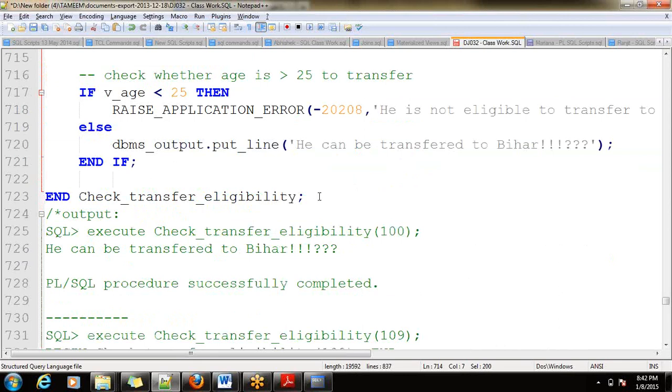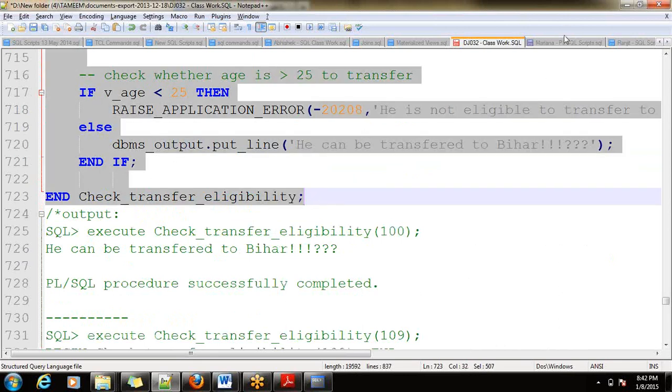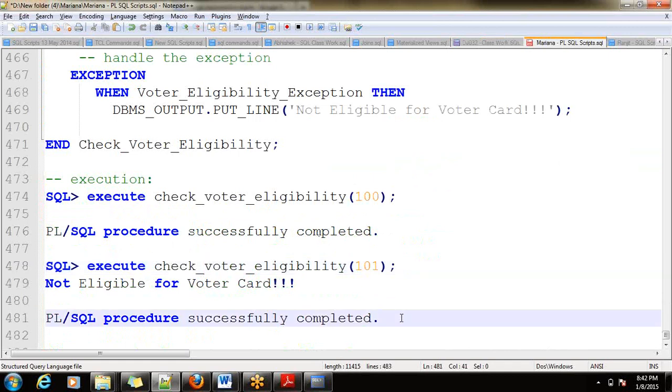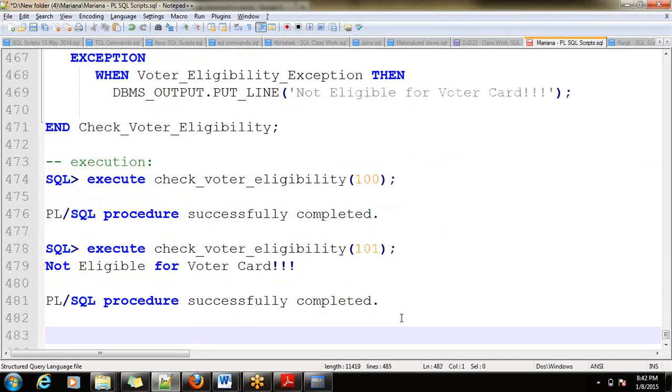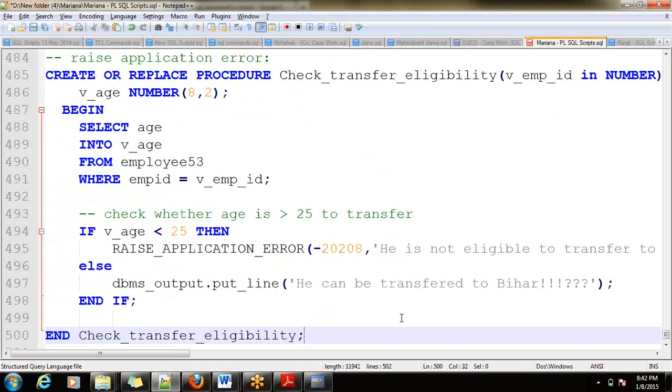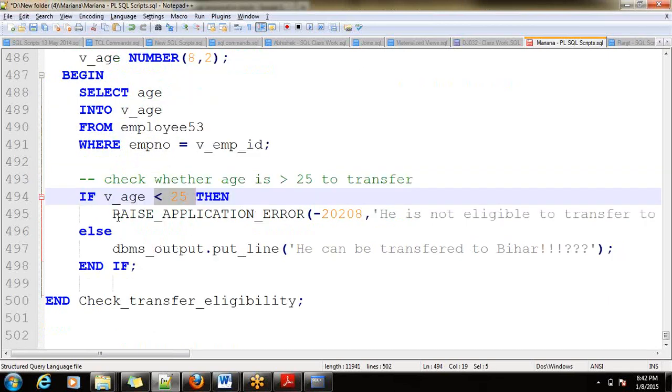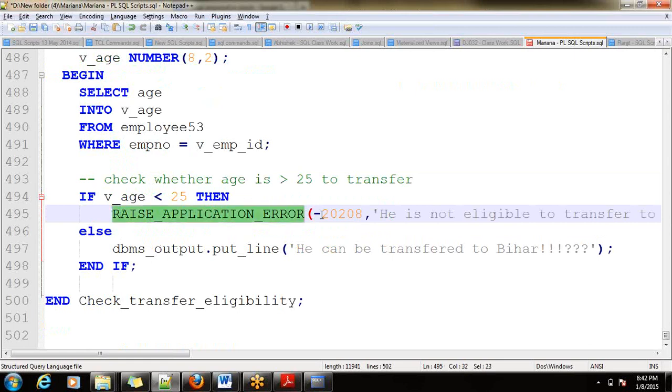So let me copy this and put it in. It is employee number. And if the age is less than 25, now I am going to raise an application error.